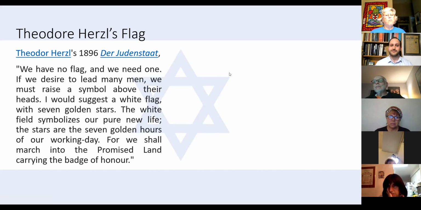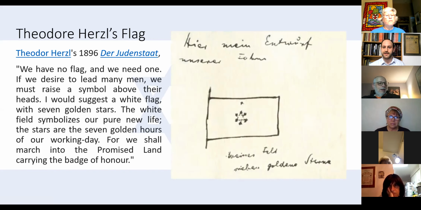Okay. So now, as far as what flag that looked like, don't worry, we know exactly which flag that looked like, because we have his diaries. So if you're wondering what flag he wanted, this is what it looked like. This was the original one that he thought of. But in the end, he decided to go a little fancier. And the second version